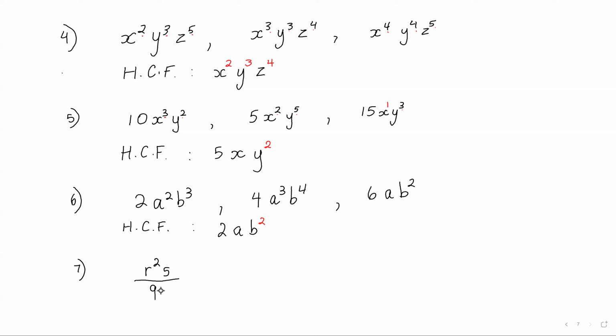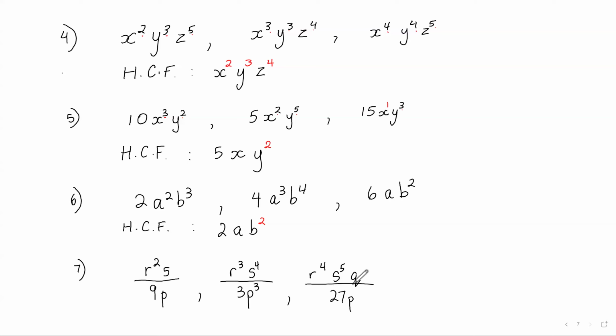Cool? Yeah. All right. So r cubed s to the power of 4, all over 3p cubed. And then finally, r to the power of 4, s to the power of 5, q cubed, all over